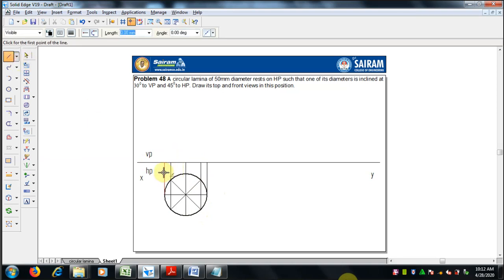Now we can select 0.5 thickness line for showing the front view. There is a plane lying on the reference. Okay.